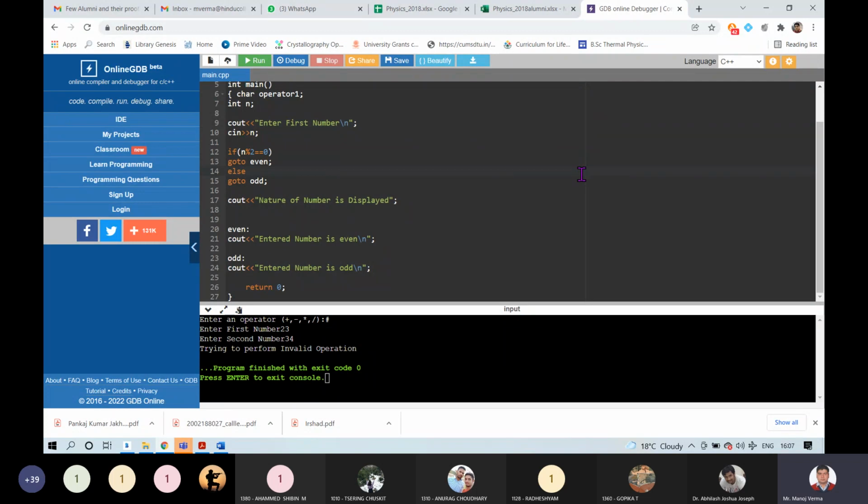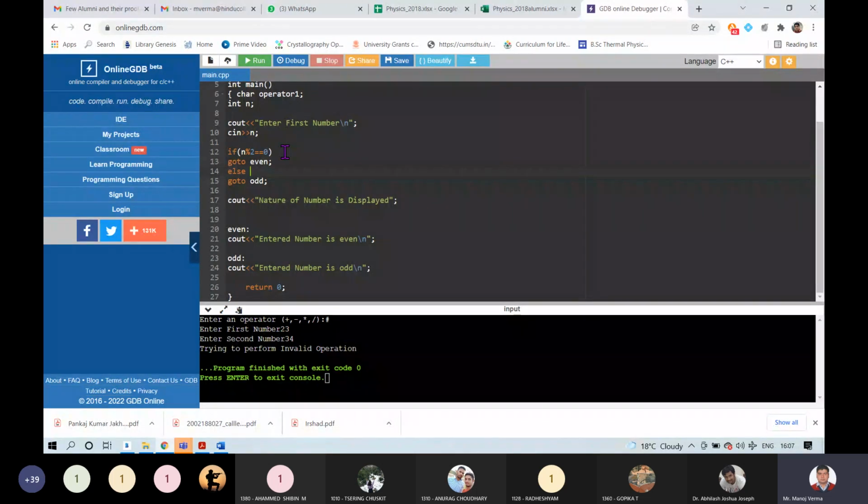Now you can see this is very simple code in which I am asking a number from the user. I am storing that number into variable n. In line 12, I am checking whether that number is divisible by 2 or not. If that number is divisible by 2, I am writing go to even, else go to odd.